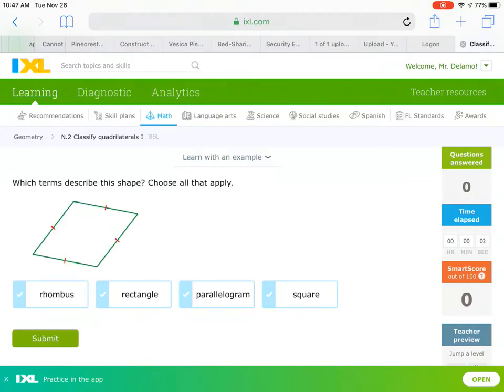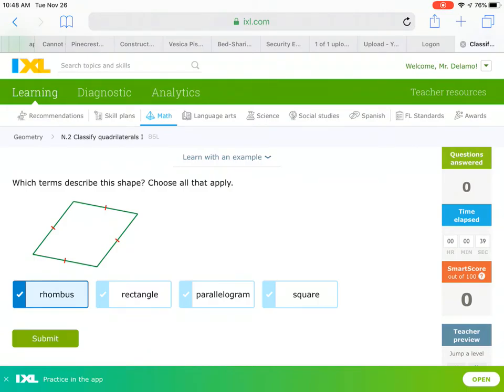Okay, so we're asked to classify quadrilaterals in the most accurate name you can give. So this one is going to be a rhombus. The reason it's a rhombus is because all 4 sides are congruent. That's what the little red marks mean. Although you could also call it a parallelogram, the most descriptive name is a rhombus, because a rhombus adds that extra bit of information that all 4 sides